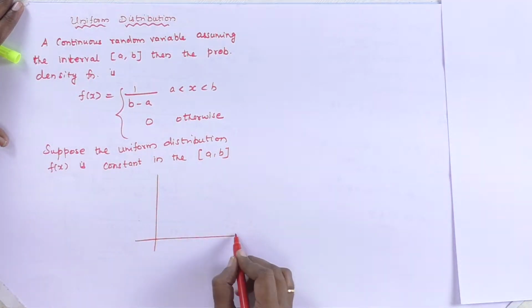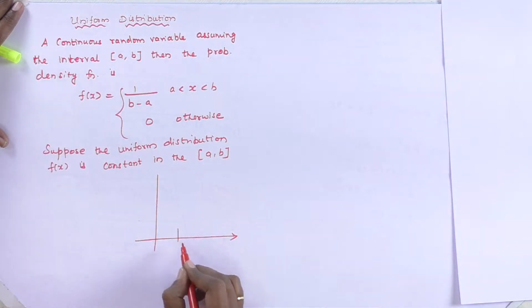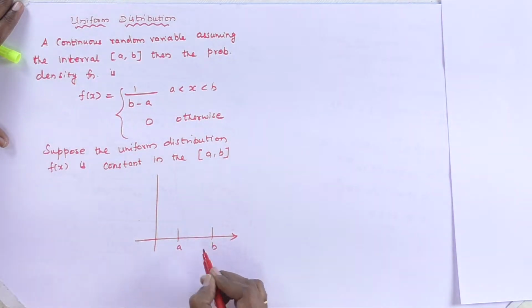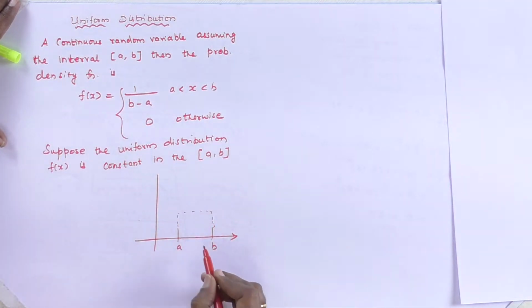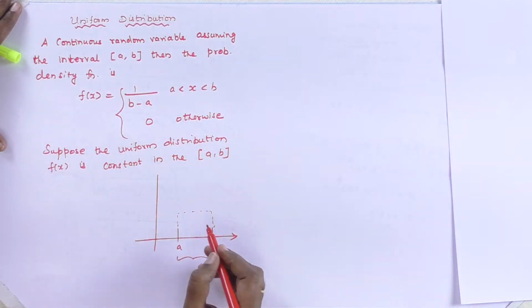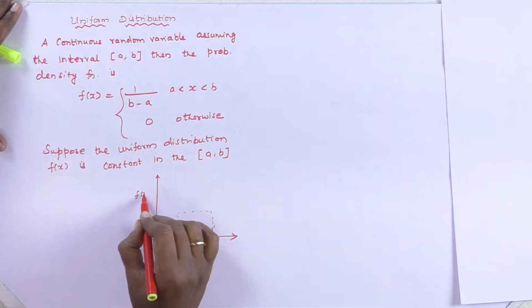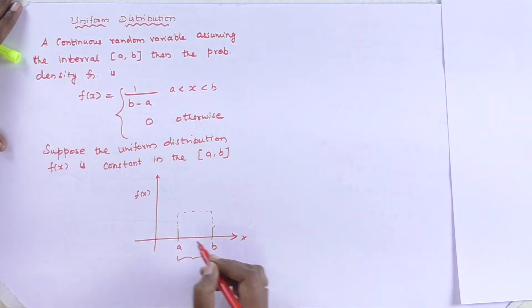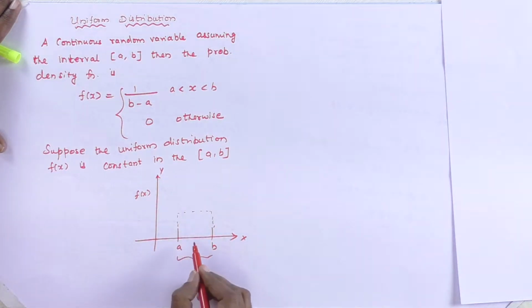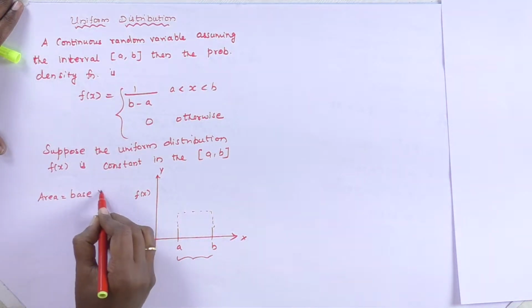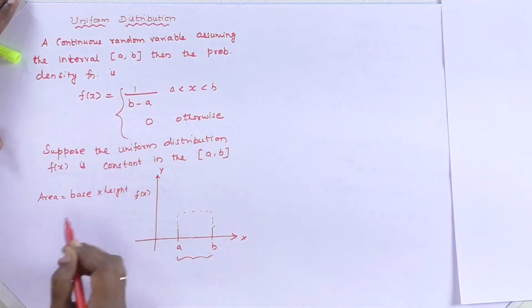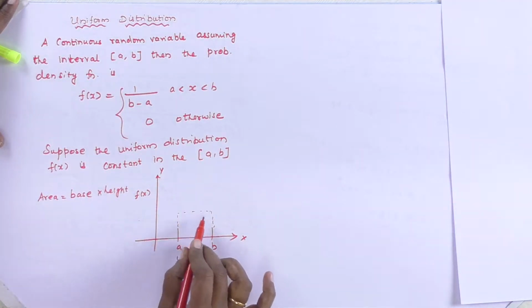Now we consider the limit in the x-axis a, and this is b in the x-axis. The distance between a to b follows the rectangular distribution. In the y-axis we have the function f of x. We know the area of the rectangle is equal to base into height. The total area value is 1,